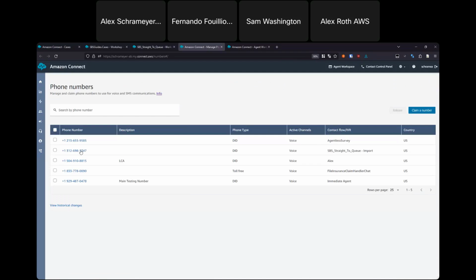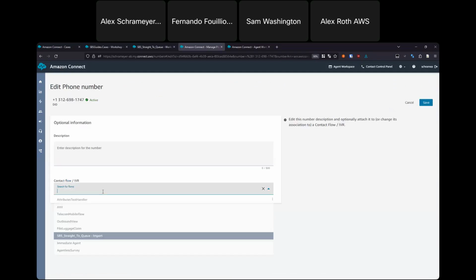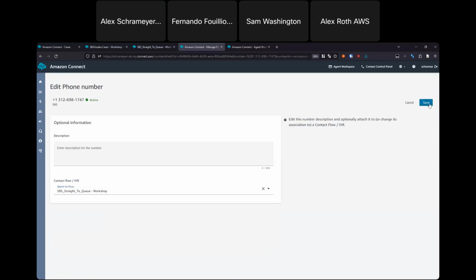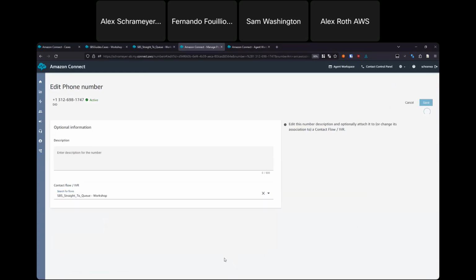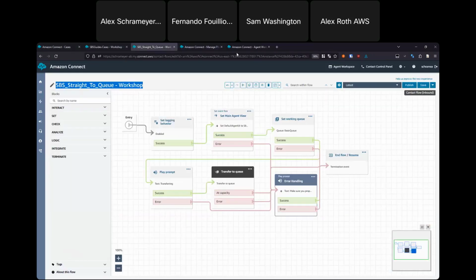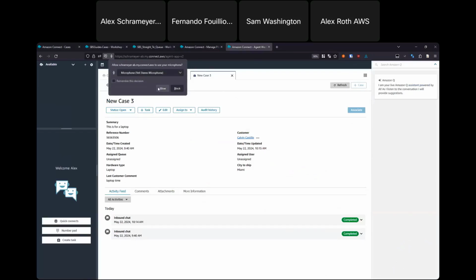I will go ahead and do this one, and I will do SBS. I will pick the straight to queue workshop that reflects what we've all been working with here today. And so what should happen now is that if I navigate to my